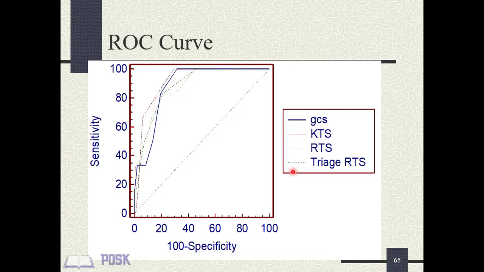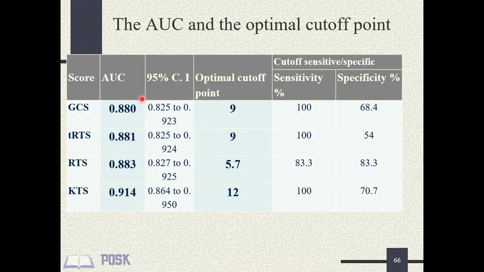Here is an example from a real-life study which compares the utility of 4 trauma score measures in classifying trauma patients into those who will need admission in the casualty and those who can be discharged home. KTS, which is Kampala Trauma Score, is the best classifier for this because it is closest to the left upper hand corner. This slide shows one of the tables produced from the ROC procedure in SPSS.